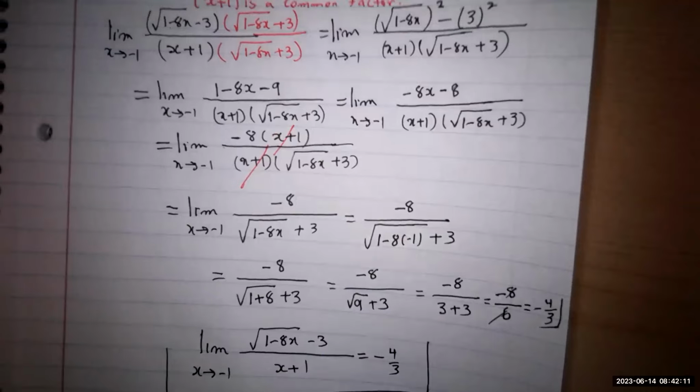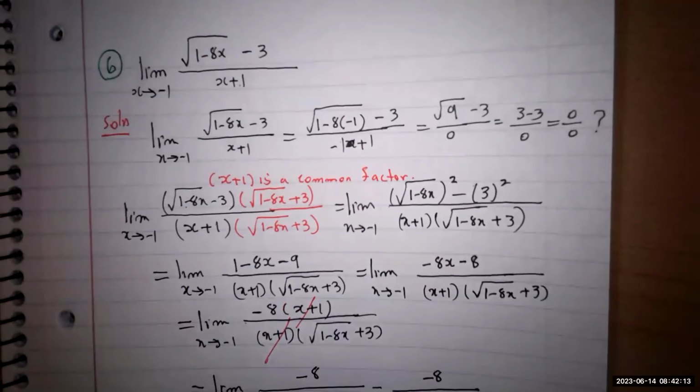Are you ready? Number 7, another surprise, another case. What is this number 7? This number 7 is going to be of this form. Remember, in case 1 of these 0/0 limits, we get polynomials on the top and the bottom. In case 2, we get a radical function on the top. In this case, we have something in algebra that we call